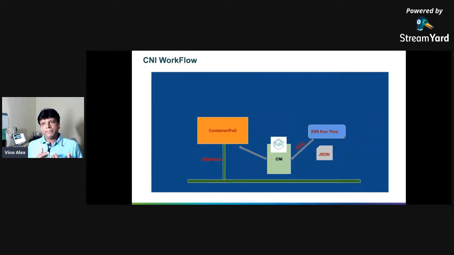Basically, the Kubernetes runtime will look at the JSON config file, because that's the file that says which CNI it's supposed to use, and it will call that CNI with an add. Once your pod is ready and the backend interface is there, the next immediate requirement is some mechanism to wire this pod to that backend network.